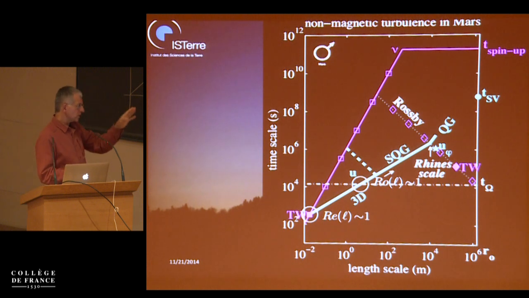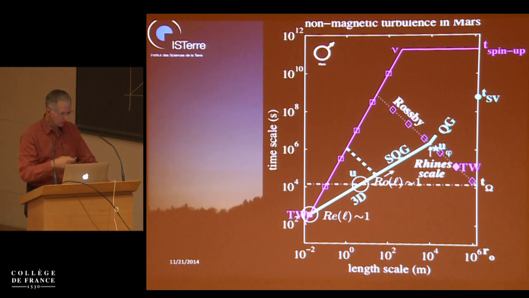And I'll try to spend a few minutes explaining what's going on here. If you allow me to start from the very small scales, in that regime we intersect this viscous line, that's quite sizable dissipation, like terawatts. For time scales which are below 1 day, I mentioned that we should expect some 3D normal convection motions happening here. Then we enter some part which is strongly influenced by rotation, which might lead to some inverse cascade, which brings us up to quasi-geostrophic motions,